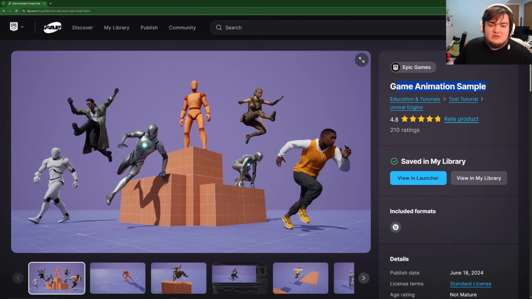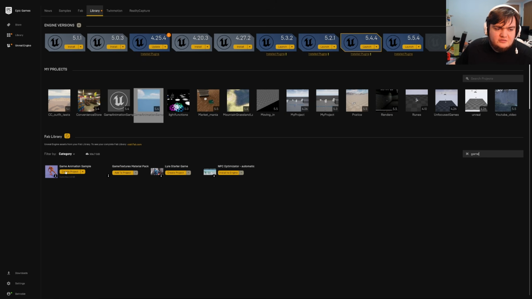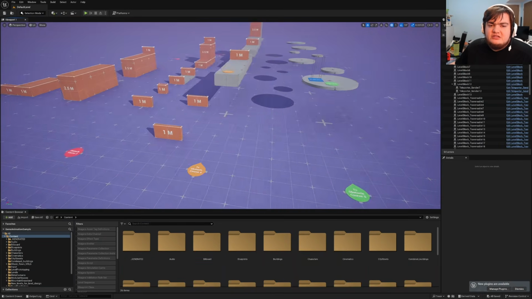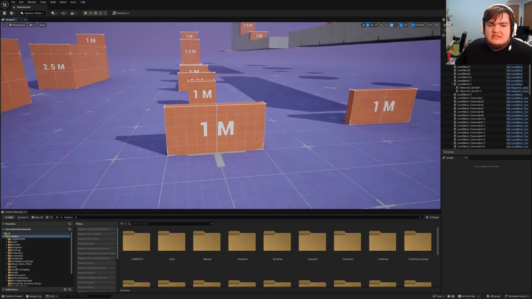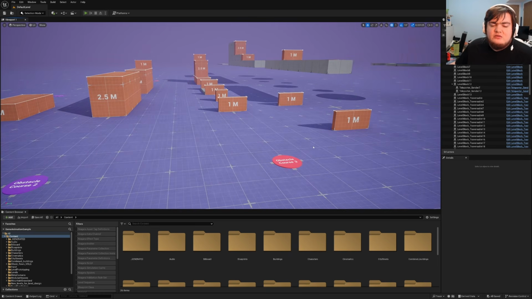I'm going to use this to show people how to practice your mechanics. Once you download it, it'll give you this little button right here that says Create Project. Click it, and you'll go ahead and make the project. Once you create the project and load into it, it'll bring you into this level right here. This is important because it gives you these little cubes that have numbers on them for their scale. What that allows us to do is, if we hit play over here,